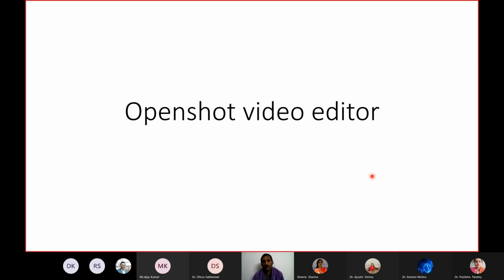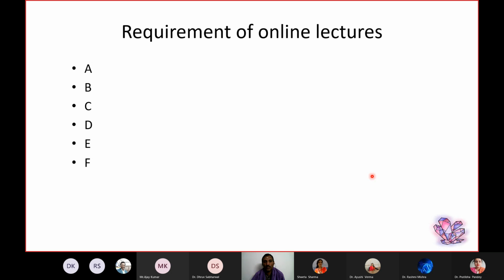There are plenty of paid software available, but since I am more interested in open source resources, today we will be talking about OpenShot Video Editor. This is absolutely free. Before we get into the actual thing, I'll talk very briefly about some important things like A, B, C,